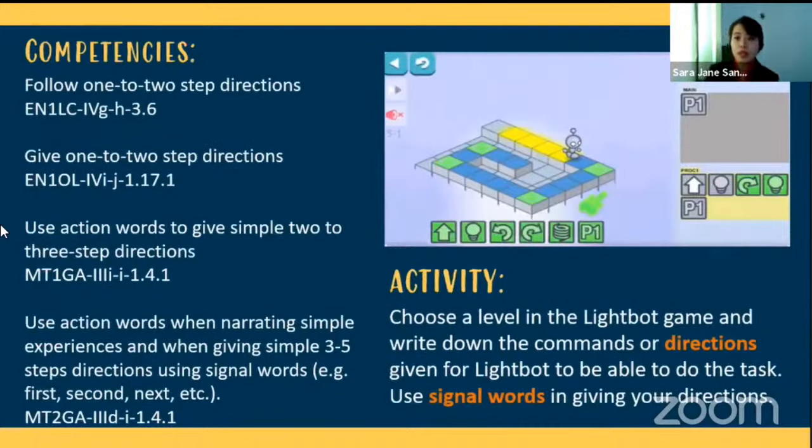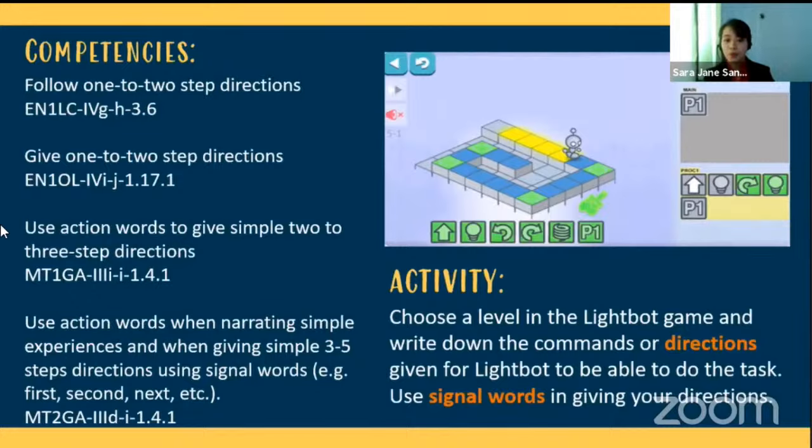This one, we can tap competencies like, for example, from English grade 1, Mother Tongue grade 1, or grade 2, with competencies which are mostly on following step directions or following directions. And at the same time, it can also tap competencies like giving directions. So for example, given that competency, this activity, somehow you can use this for your class.